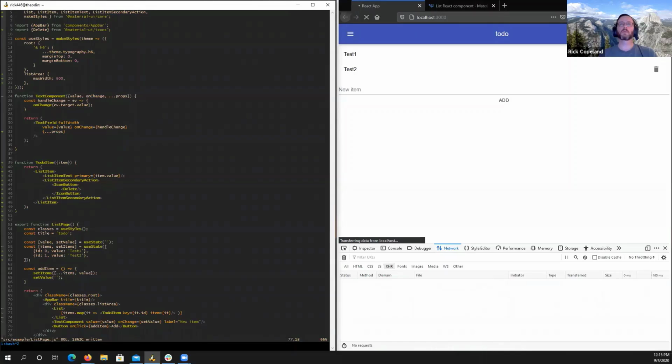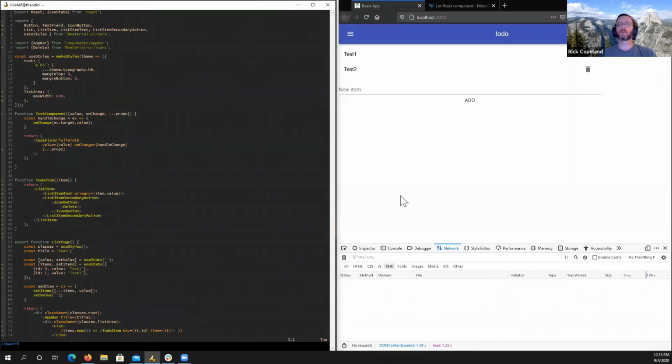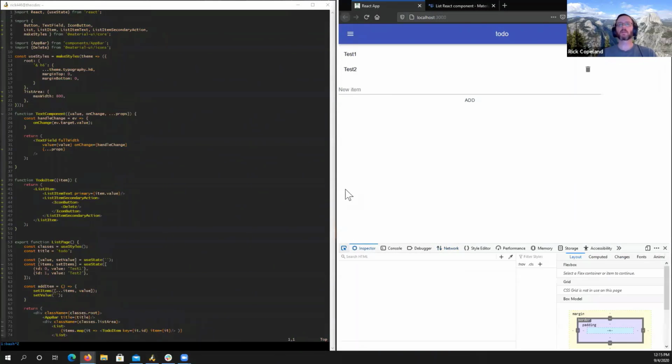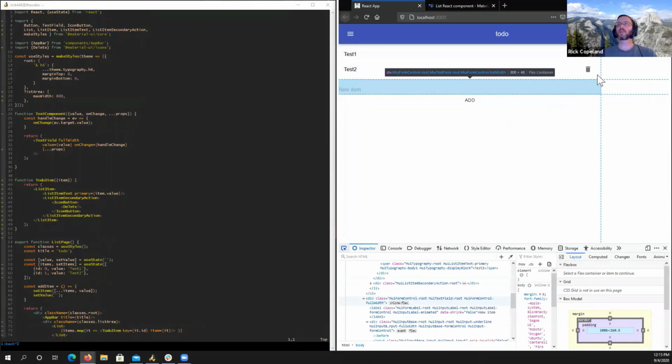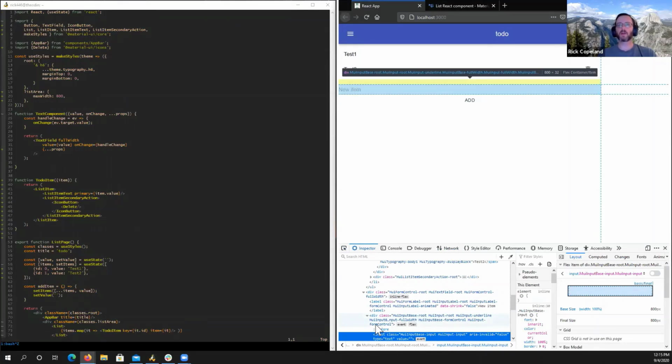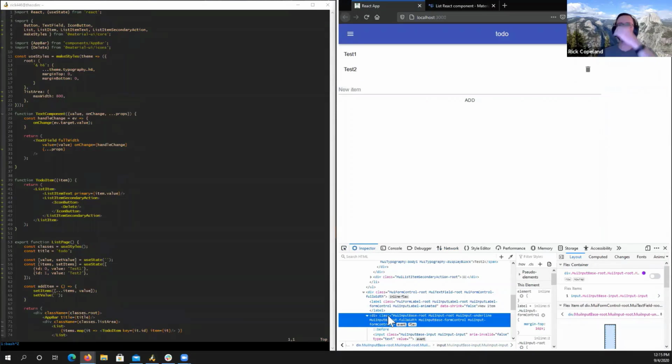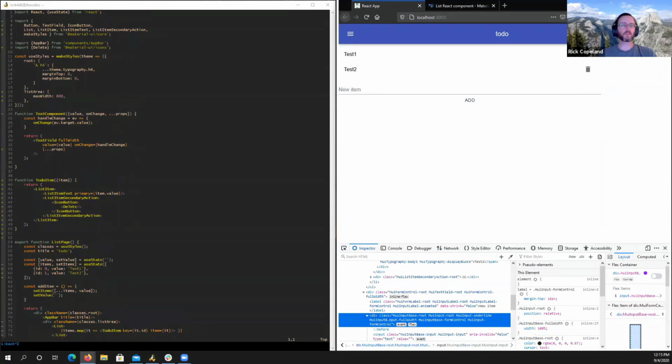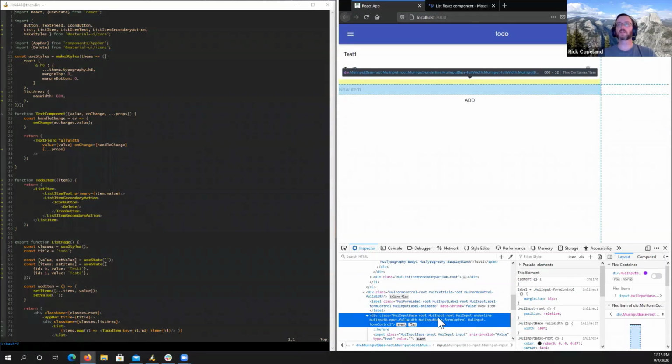And then see it. Okay, that's a little bit better. I still don't like the way that that looks. So I'm going to do a little bit of styling here. And I'm going to try to keep in mind the things that I've been trying to do myself. This is not the way that I would normally do it, but it's the way that I'm wanting to start doing it. And that is to edit the styles inside the debugger rather than trying to edit them inside the JavaScript initially. So what I do is find this,